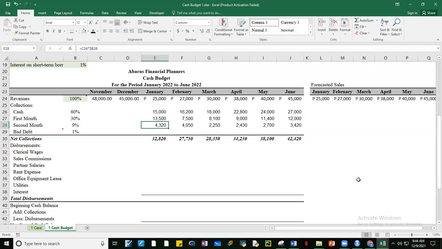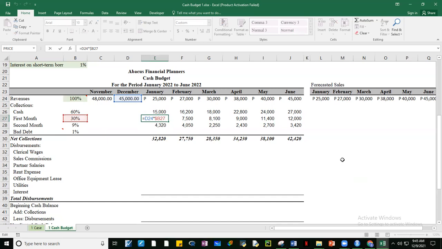Okay. Any other questions, guys? So, pwede po pakita yung formula for the first month. Okay, Lawrence, thank you so much. Thank you for your questions again. I really would like to encourage you, Lawrence, salamat sa question.